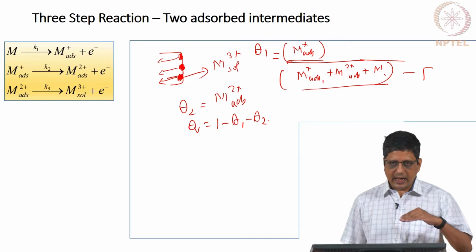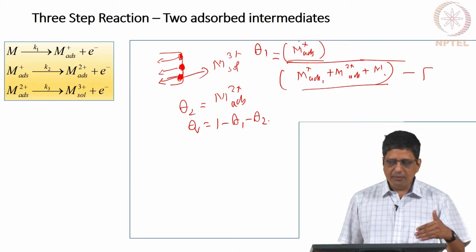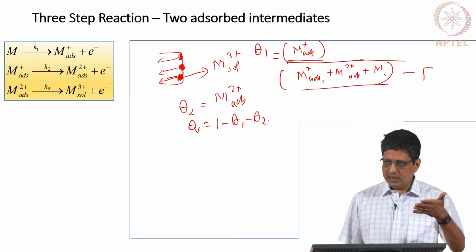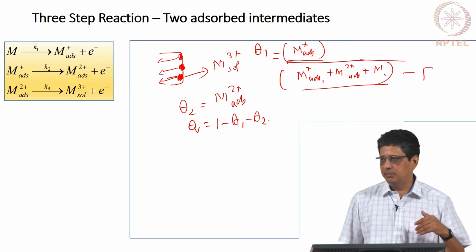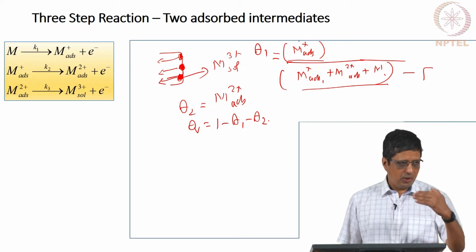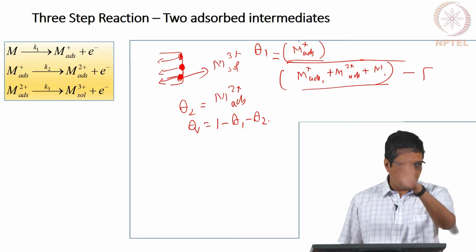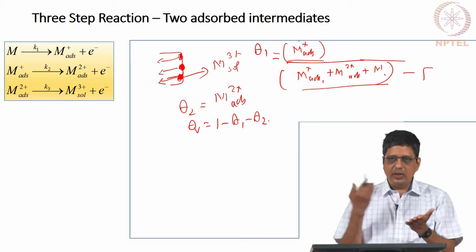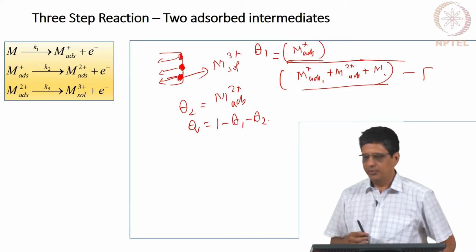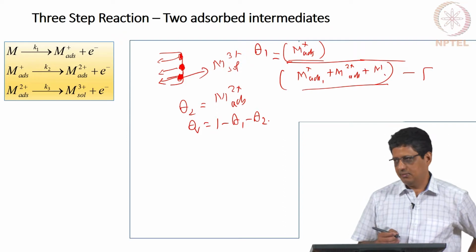Now, bare metal can become M adsorbed as per the scheme that we have given. Once it becomes M adsorbed, it cannot become bare metal again, it is not reversible. Now, whatever is M adsorbed can become M2 plus adsorbed. When M2 plus adsorbed goes into solution, a bare metal becomes available now, whatever is below that gets exposed. Okay. We can write the mass balance equation for this.